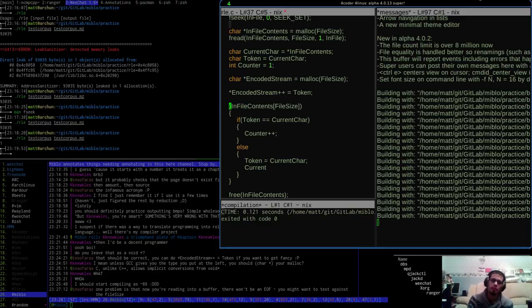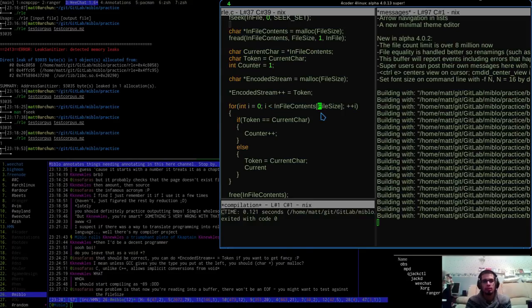I mean, unless I do kind of this. For int i is equal to 0, i is less than infile contents, plus plus i. And that's bullshit.